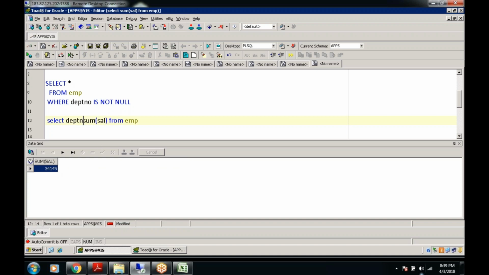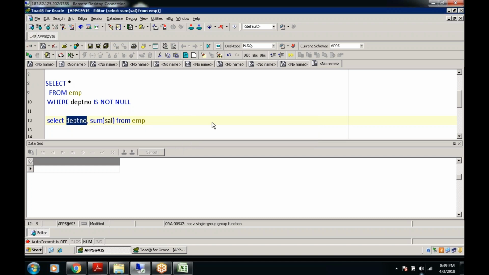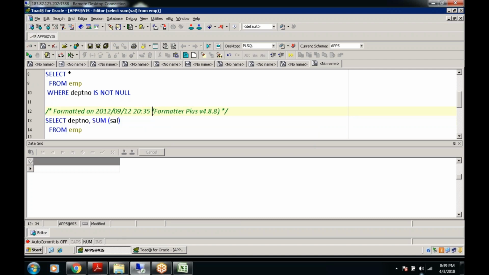So I will put here department number, and when I'm selecting it, it is not allowing me. It is giving me an error, not a single group function. So here one more clause comes into the picture. What is that clause? It is the group by clause.